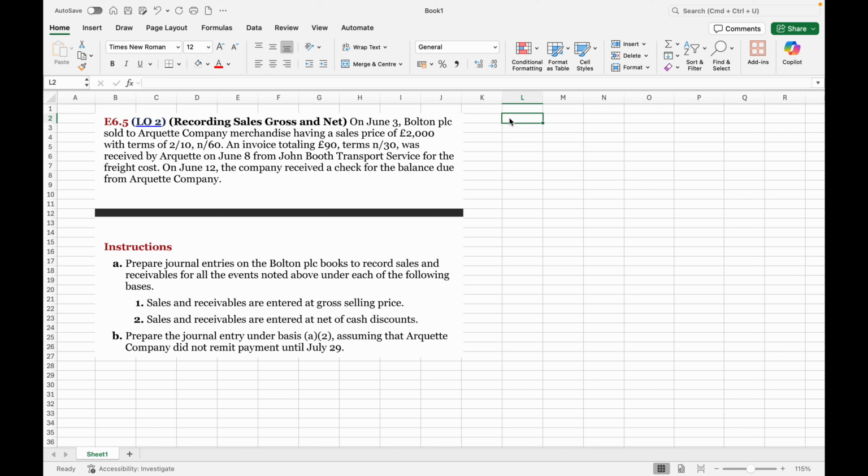Now for the instructions, we have A. Prepare journal entries on the Bolton plc books to record sales and receivables for all the events noted above under each of the following bases. 1. Sales and receivables are entered at gross selling price. 2. Sales and receivables are entered at net of cash discounts. And instructions B. Prepare the journal entry on the basis A2, assuming that Arquette Company did not remit payment until July 29. So first, for requirement A1,